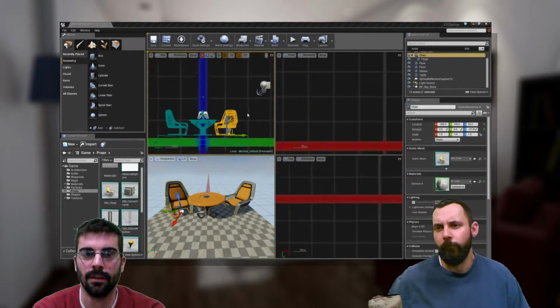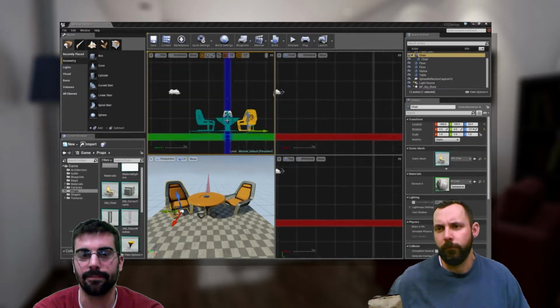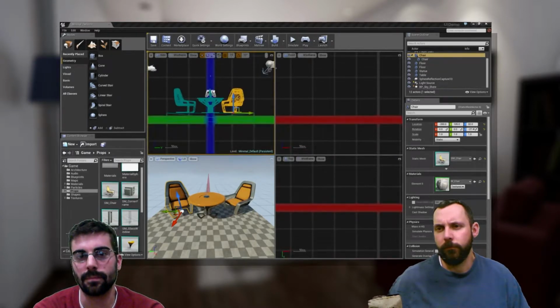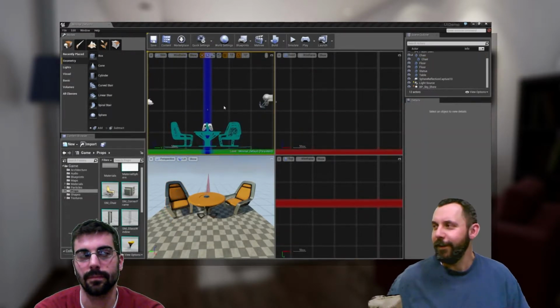There's really only 2 controls you need with an orthographic view. You need to be able to zoom and get close to and far away from objects, and you need to be able to pan around, which you're going to do with the right mouse button. Left mouse is going to